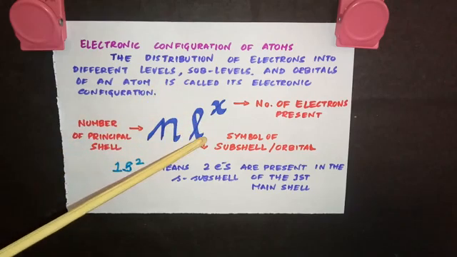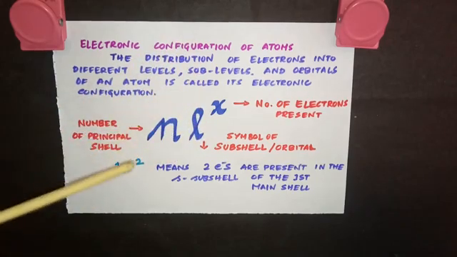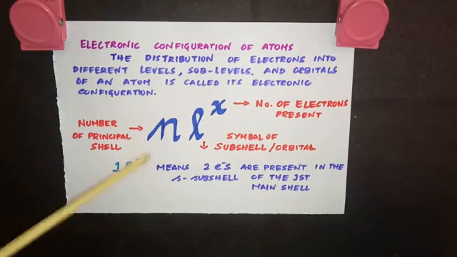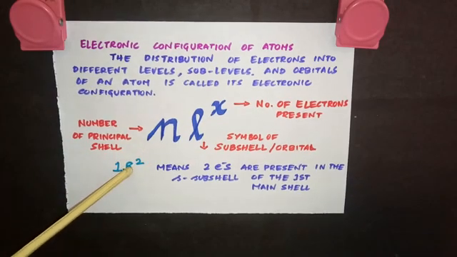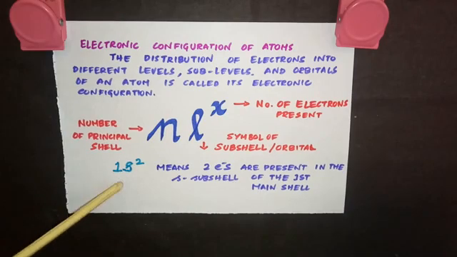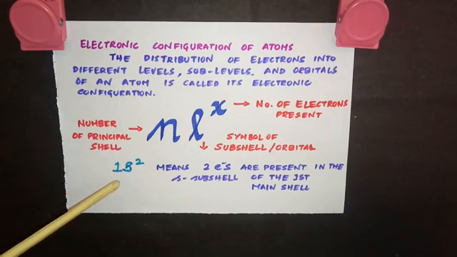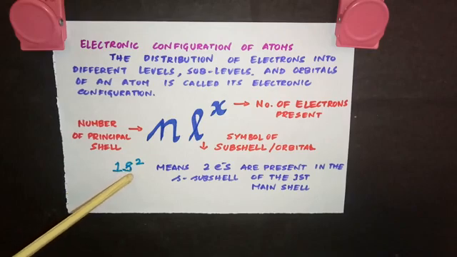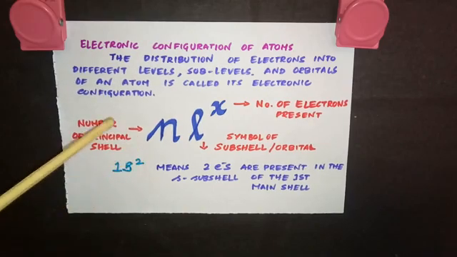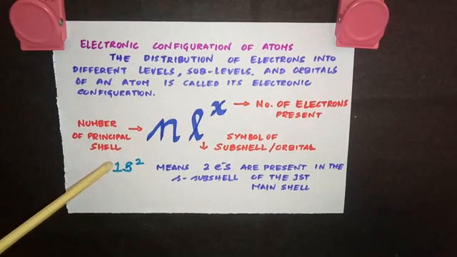So this is the energy level, which means the shell, this is the subshell, or you can call it the orbital. For example, if I am writing 1s2, this means 2 electrons are present in the s subshell of the first main shell. This number represents the principal quantum number. When n is equal to 1, what shell is that? It is the first shell, which is the K shell, and this represents the subshell. So my electron is present in the s subshell, and this represents the number of electrons. So there are 2 electrons in the s subshell of the main shell.